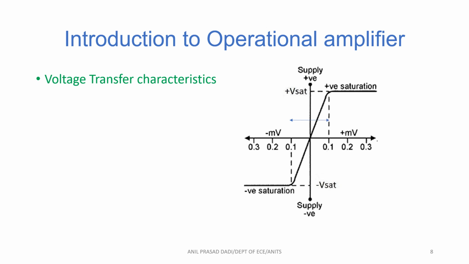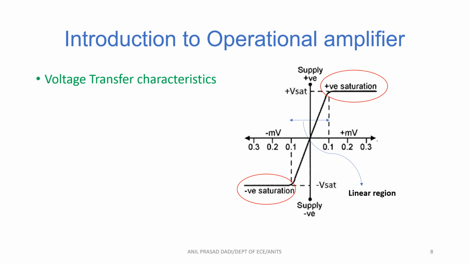When we consider the region in between minus 0.1 to plus 0.1, the output is linearly related to the input signal, and this region is called the linear region. When my input is beyond 0.1 volts, then my output is said to get saturated in the positive direction. Similarly, my output is said to be negative saturated if my input is beyond this 0.1 in the negative direction.